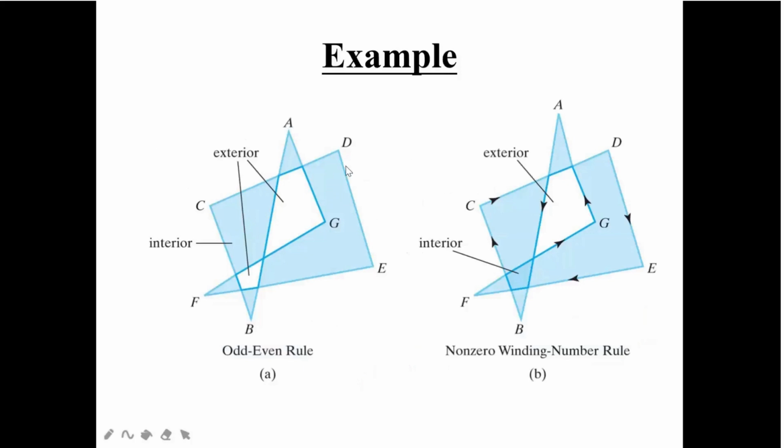I have an example here, okay, where we are going to find out the interior and exterior points. So this is my odd even rule. This is my non-zero winding number rule. So here you can see if anything is in this part or in this part, that will be my exterior point, okay. But if something is inside this and this, then it will be your interior part. So you can check by placing your points, okay, just place a point here and check it out by crossing the lines. Then you can say the point is interior or exterior, okay.